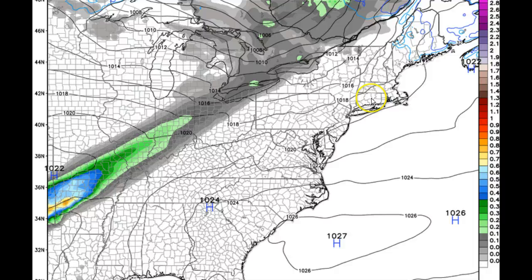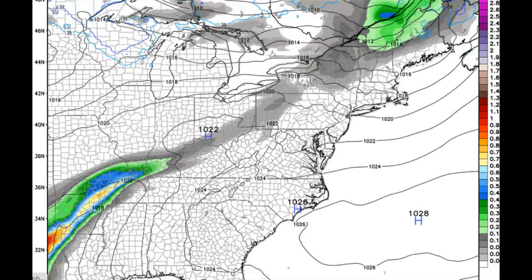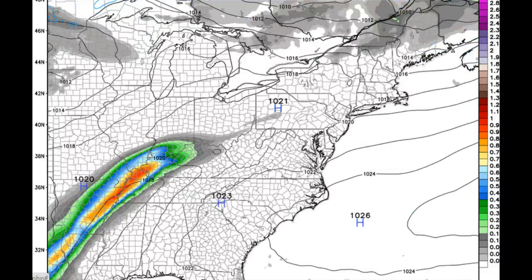Probably going to stay mostly cloudy during the day on Wednesday, as this cold front is going to move close to the area here, but it's not going to be quite through here. Don't have any precipitation with it. Even though it doesn't look like anything's going on here precipitation-wise on Wednesday, there's still a front that's sitting right in this area here. So that front in the area, even though it doesn't have any moisture with it, will produce the mostly cloudy